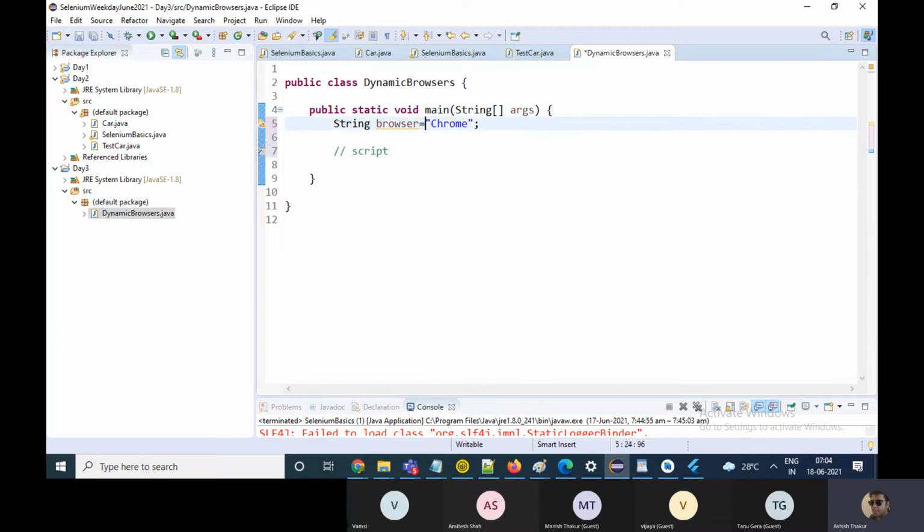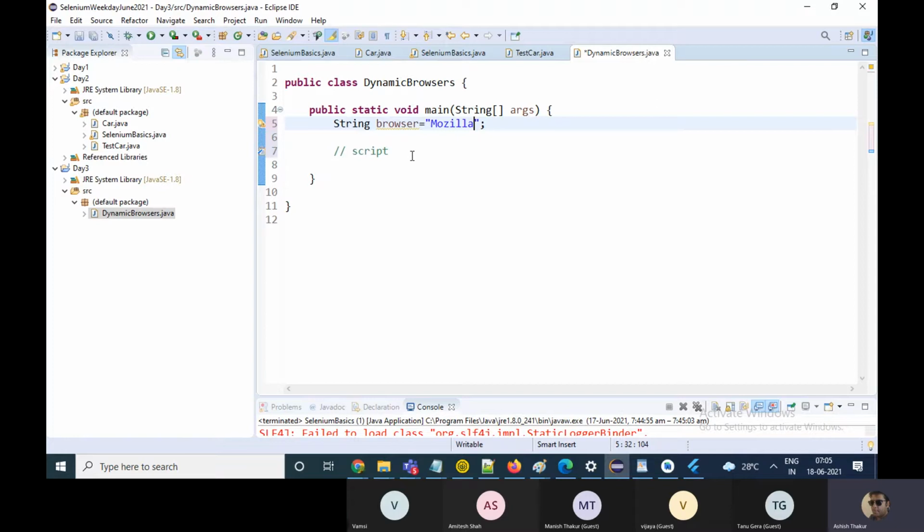Tomorrow, if I change it to Mozilla, then the same script without being changed should be executed on Mozilla. Right. And later on, we can also read the value of the browser from an external file like Excel file or JSON or properties file. We can also do that. All right. So let's see how we can do this.